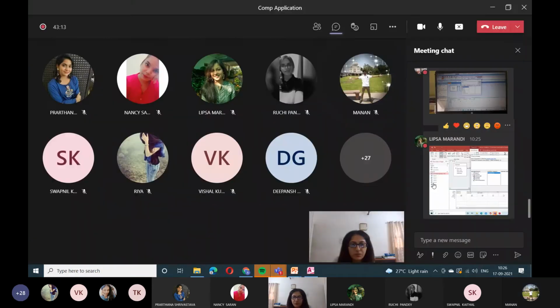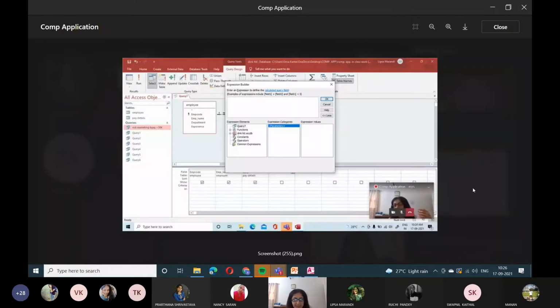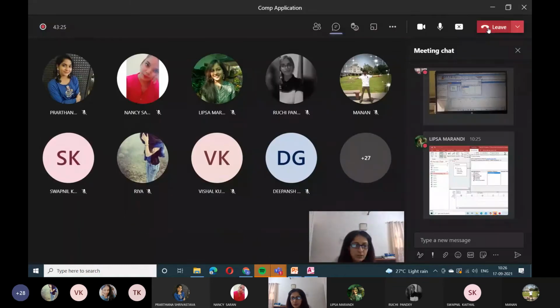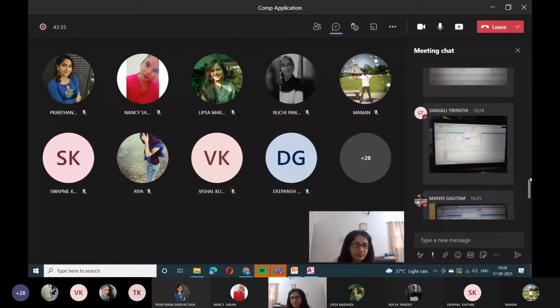So, the more screenshots you send me, the more I will get to know who is making a mistake where. Otherwise, you will keep doing anything and won't find out. Lipsa has sent me. Yeah, Lipsa also has the correct one. How about others? If you want to be sure you're doing the right thing, please share your screenshots with me. Otherwise, we'll not get to know who is doing right or not.